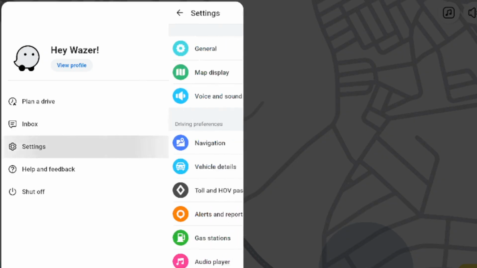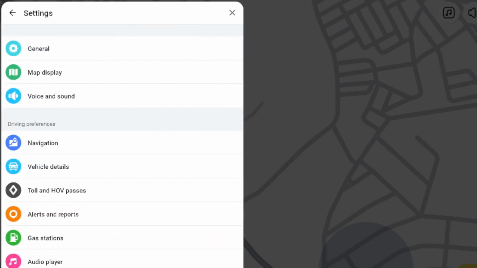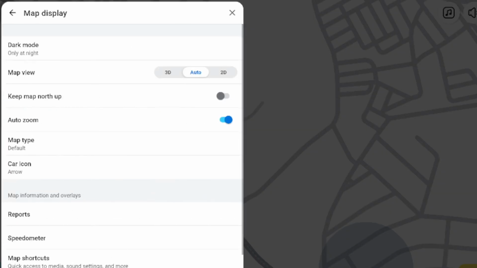Go to the settings. As you see here, we have many options: general, map display, voice and sound. For today, we're gonna go ahead through map display. So as you see here, we have dark mode, map view, keep map north top, auto zoom, and all of this. It's time now to choose your preferred icon and only then